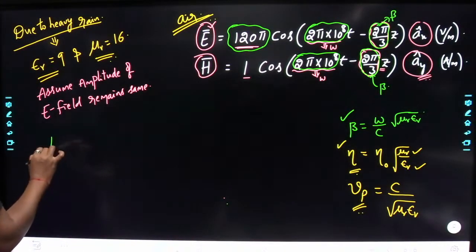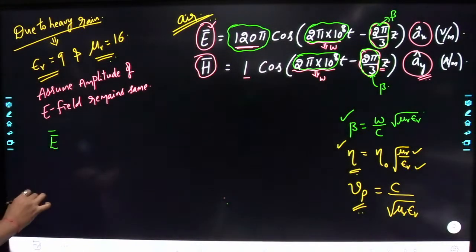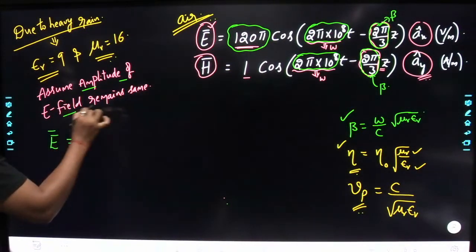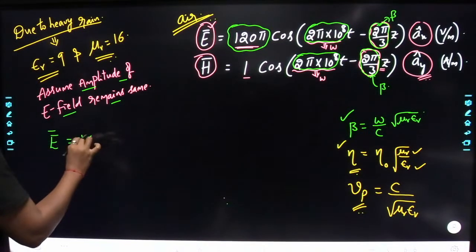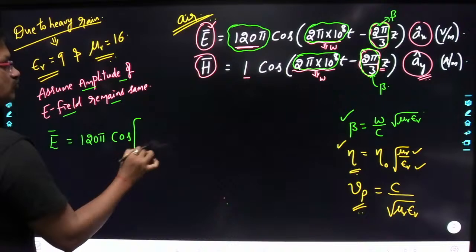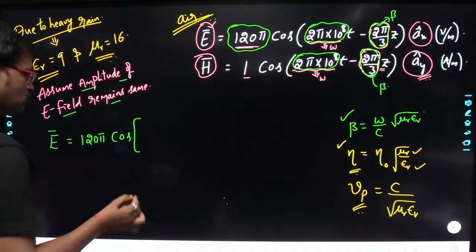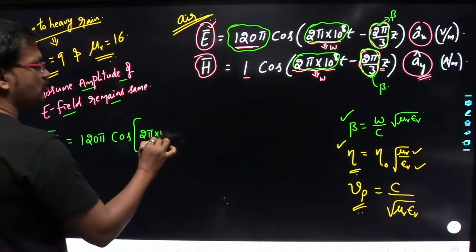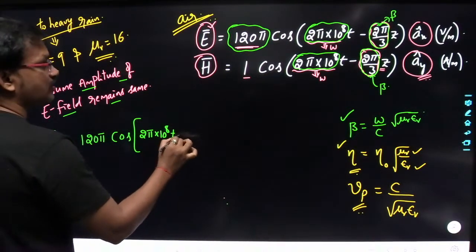Here electric field E bar is equal to what? They are saying that its amplitude will remain same, that is 120 pi. So 120 pi into cos of, omega is not going to change, yes or no? So the frequency will remain same, that is 2 pi into 10 to the power of 8 t minus,